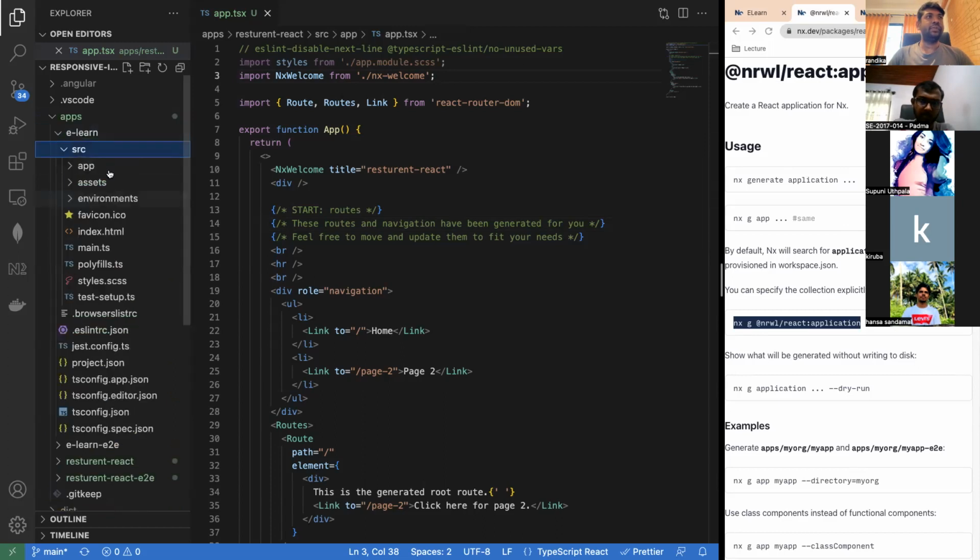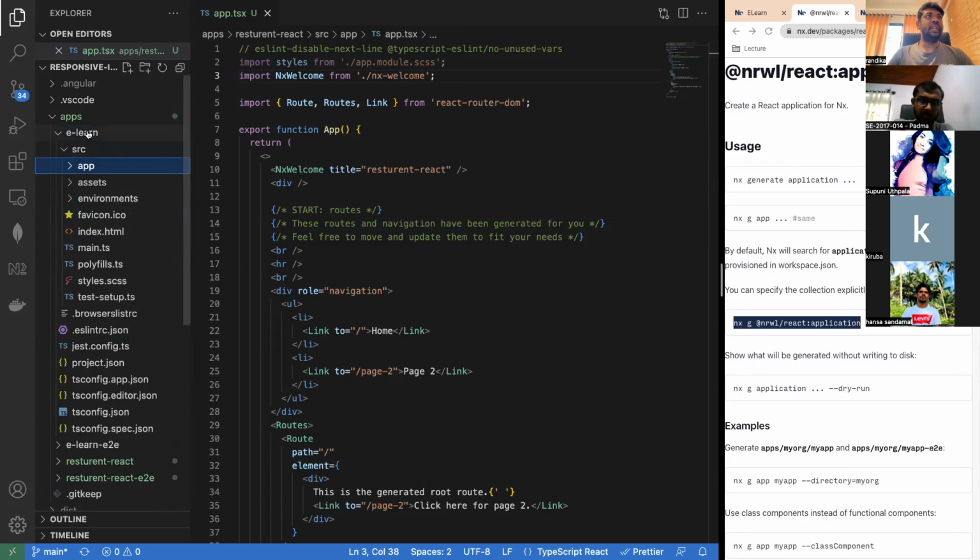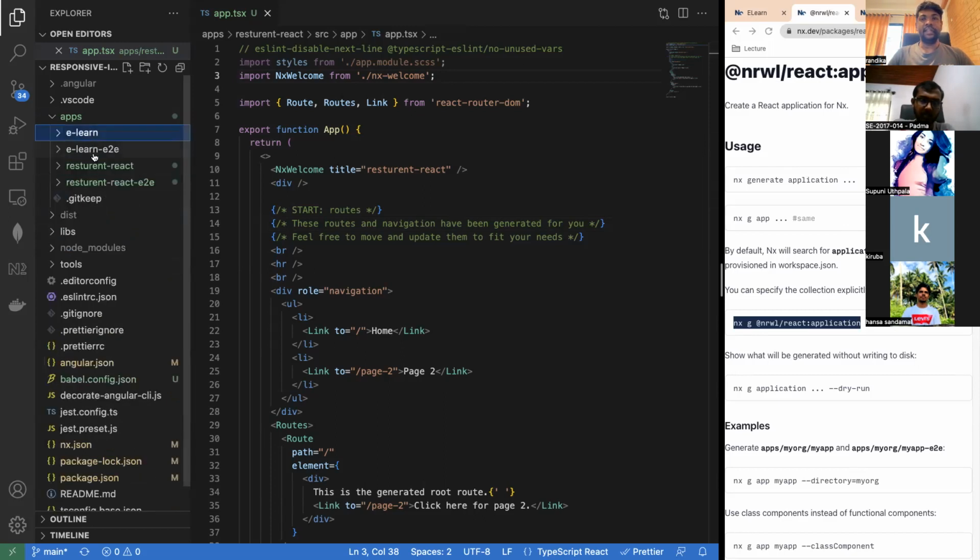As you browse through, you can see these are the e-learning related stuff, and then e-learning related end-to-end testing. And I have created another application called Restaurant React. Okay, so in order to differentiate those two, I call this Restaurant React, and since we created a workspace